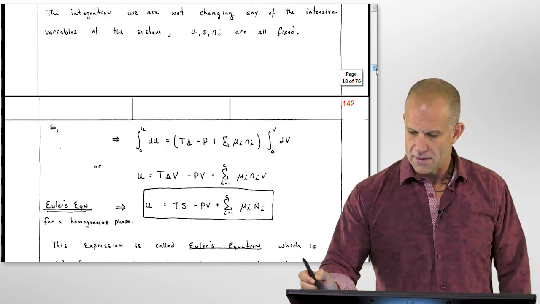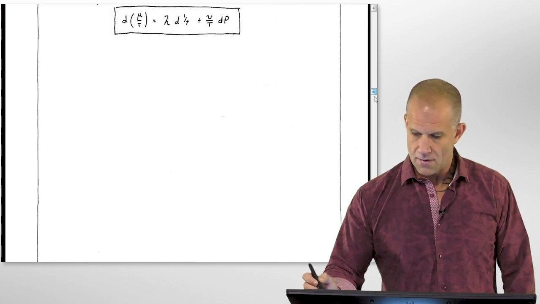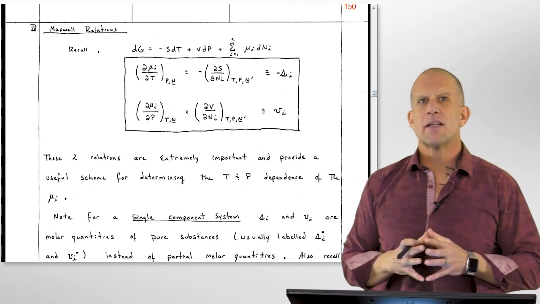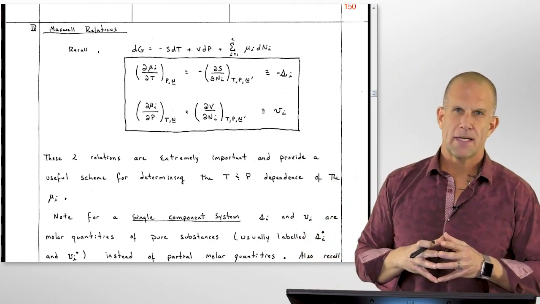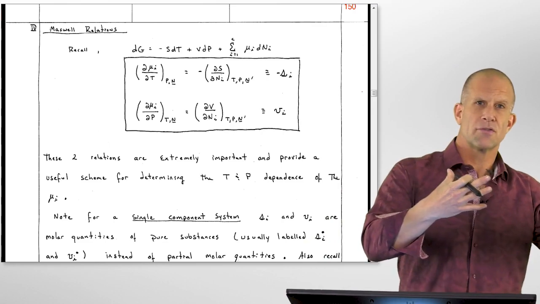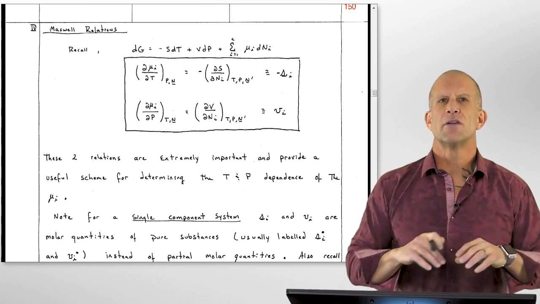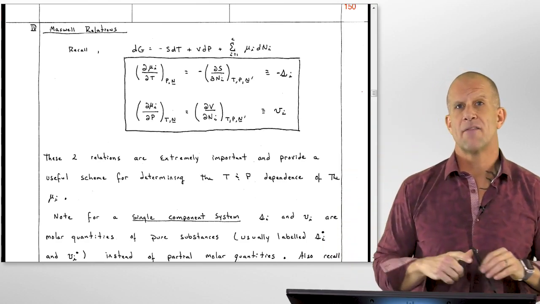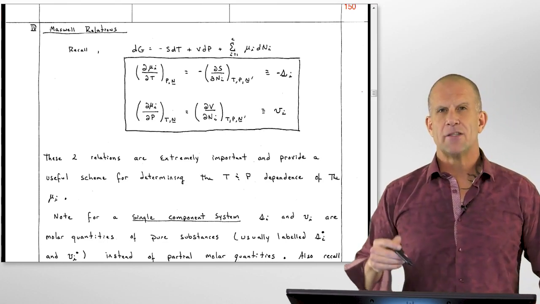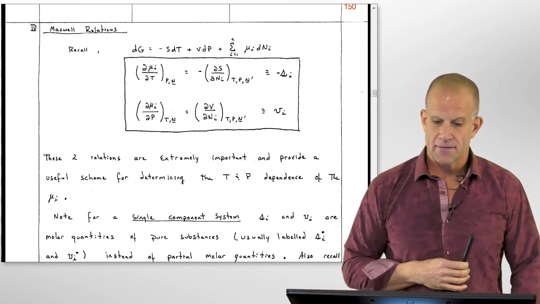What I want to jump to quickly is looking at right here some of the Maxwell relations. So when we generally introduce the mathematics of thermodynamics, we talk about partial derivatives and the idea that these partials we look at, we're almost always looking at multivariable functions, which is why we look at partial derivatives. And we're usually looking at state functions, things that have exact differentiation associated with them. And this leads to Maxwell relations, or a linkage of the cross or mixed partial derivatives associated with it.